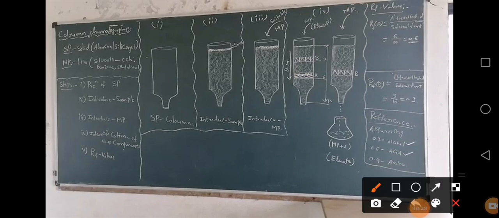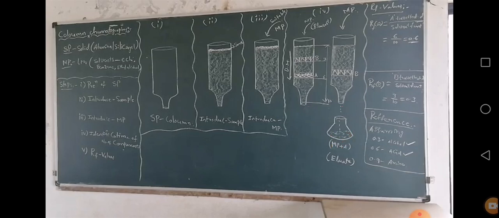One is mobile phase. Mobile phase is a liquid which can move very fast. So in this Dewar flask, we are having, see here, this diagram and this diagram. By pouring more quantity of mobile phase in this Dewar flask, we will get the mobile phase with the A layer. After this, take one more separate Dewar flask and keep it here. Again, pour more quantity of mobile phase, then we can take the mobile phase with the B layer into the